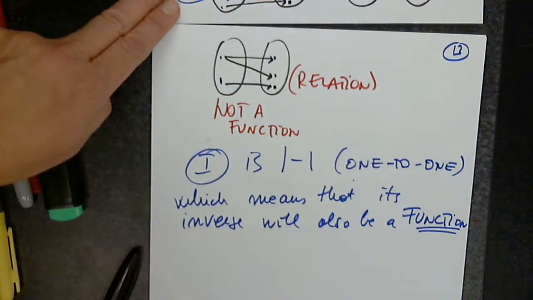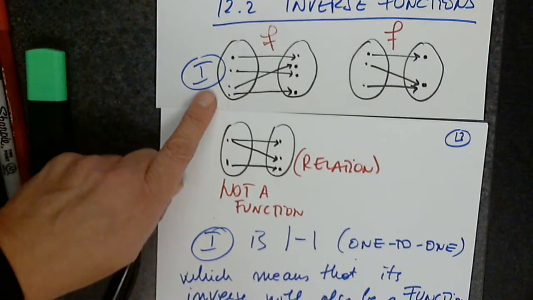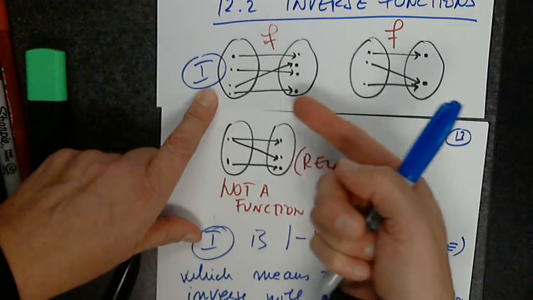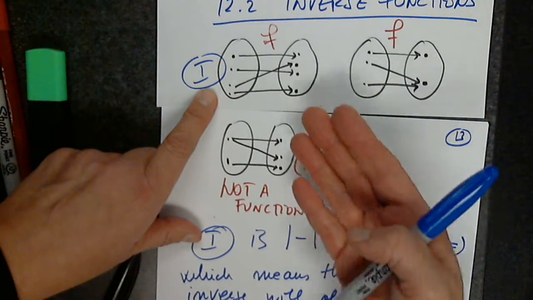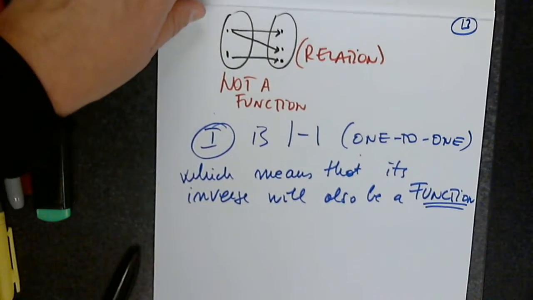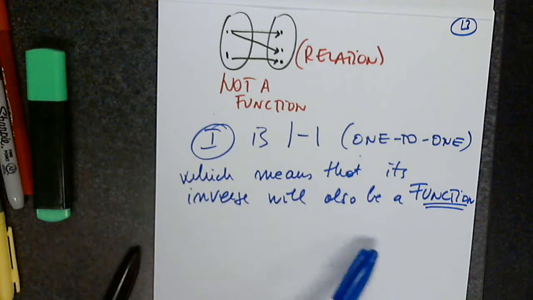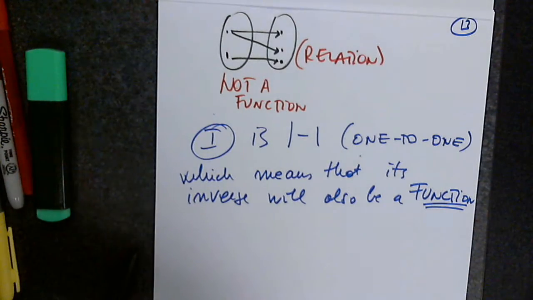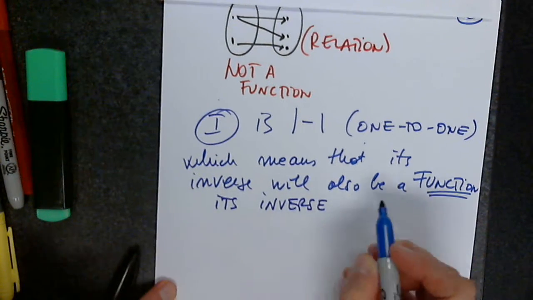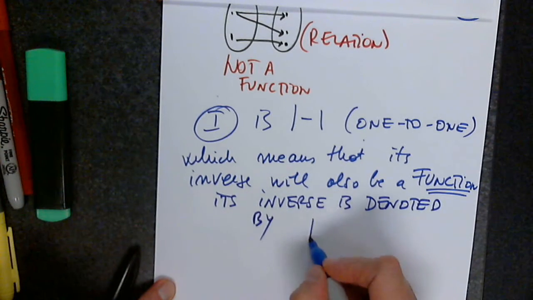So the function from example 1, this one, is 1-to-1 because each y value corresponds to only one x value. Therefore, going backwards, this will also be a function. So it is 1-to-1. It means that its inverse will also be a function. Its inverse is denoted by